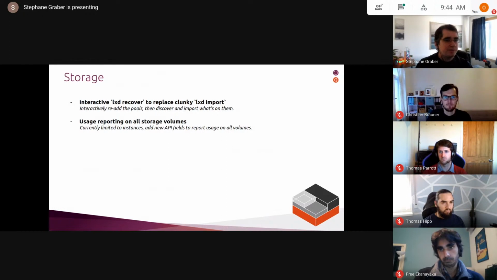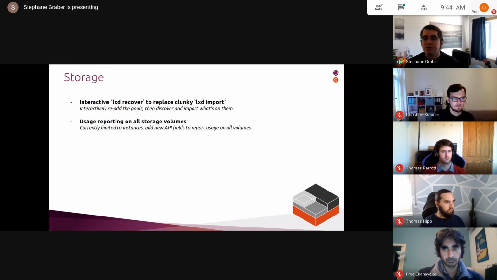Okay. Now for the storage side, that should be a pretty quick one. There are just a couple of things we want to improve there. Right now we've got that LXD import command that lets you recover individual instances where you're lacking the database record, and we recreate the database record for both the storage pools and for the instance itself. We've got more things that we need to recover these days. We've got custom storage volumes that we should also be able to recover the same way. And in general, the fact that right now you need to manually mount everything in the right spot before you can run LXD import has been quite painful to users.